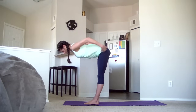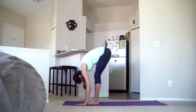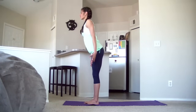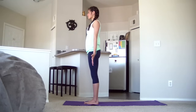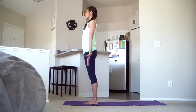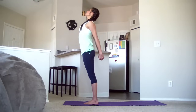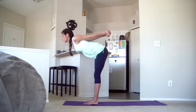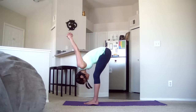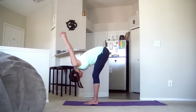Halfway lift, open heart. Exhale to fold. Find Tadasana, mountain pose. With your strong foundation, strong alignment, stand tall through the crown of your head. Interlace your hands behind your lower back and inhale, find your chest expansion. Exhale, forward fold. Full breath in, holding on to your chest expansion, and then exhale to release your hands down